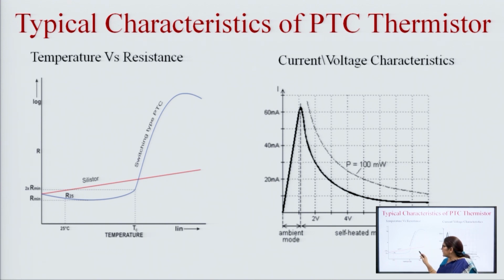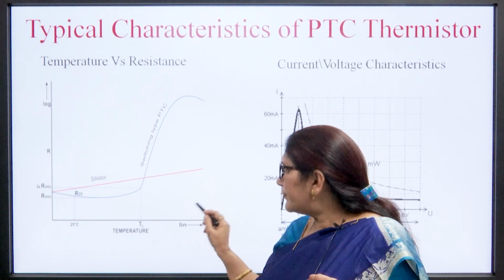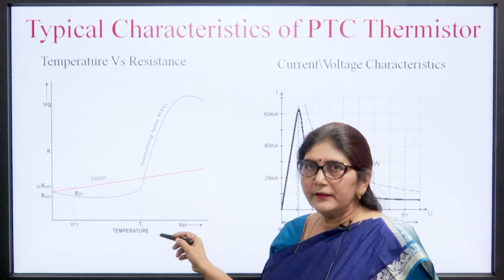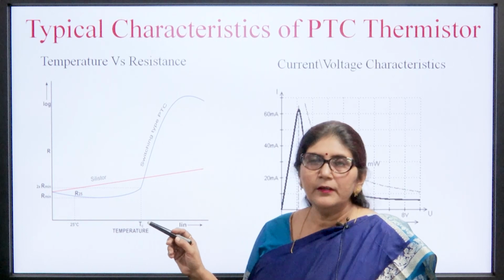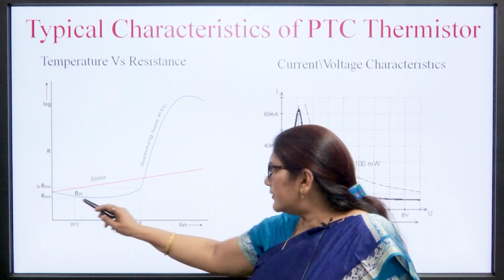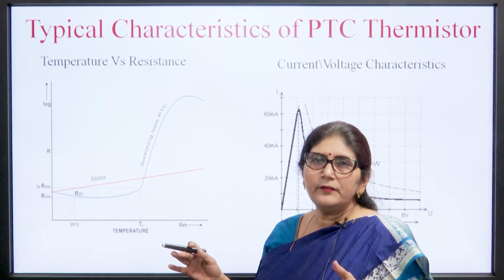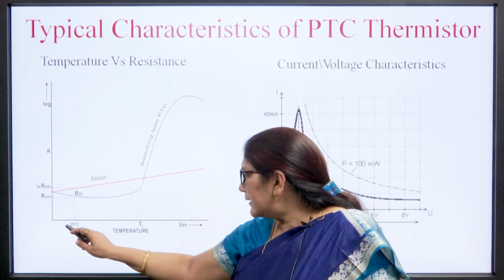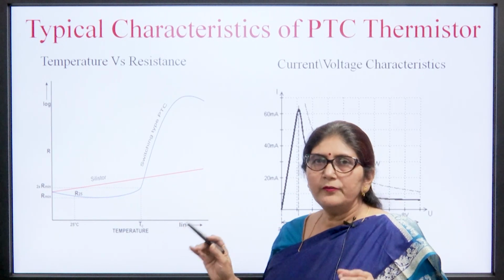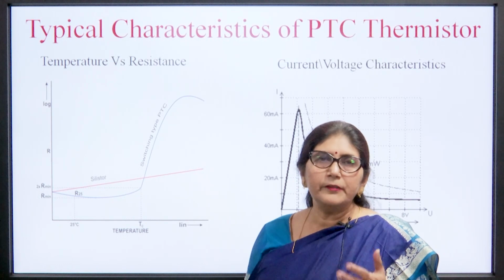We see in this figure the temperature versus resistance characteristic. We have studied two types of PTC thermistors: the Celestor type and the switching type. We can see from this figure that the Celestor type has a linear change in resistance with change in temperature, that is, there is a linear relation between change in temperature and change in resistance, but the range of change in resistance is very low. The temperature changes, but the change in resistance is very low for the Celestor type. So, we can't use the Celestor type where more sensitivity is needed.